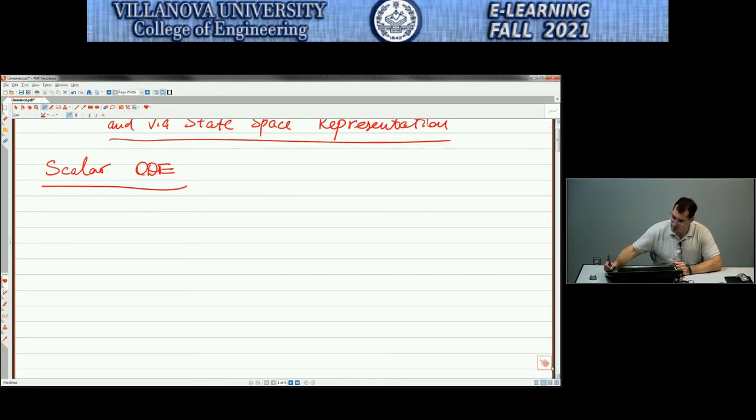Let's just consider an example: 2y double dot minus y dot plus 5y is equal to cosine of 3t. You certainly know how to solve this